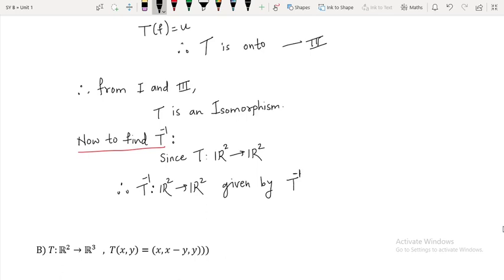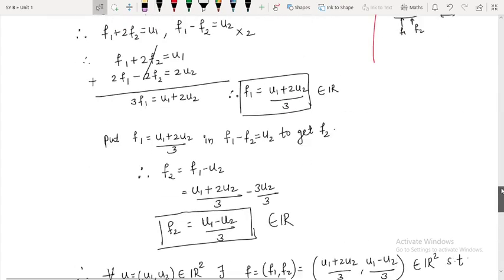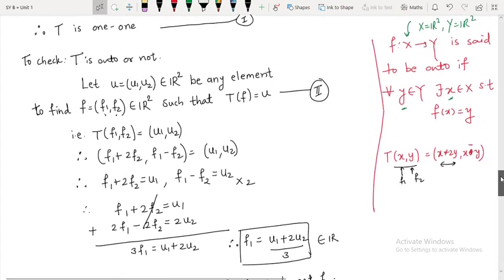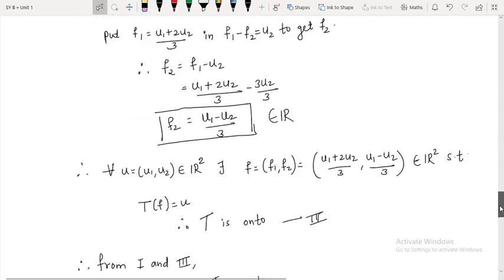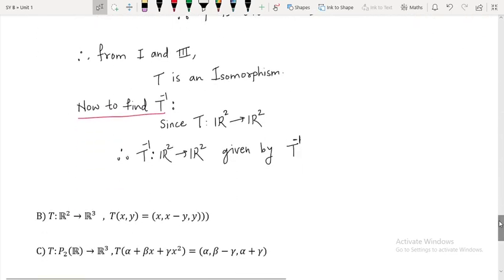Now equation 2 will be required. So T of f is equal to u. So what will be T inverse u? T inverse u will be equal to f,